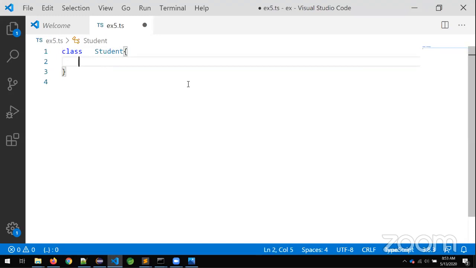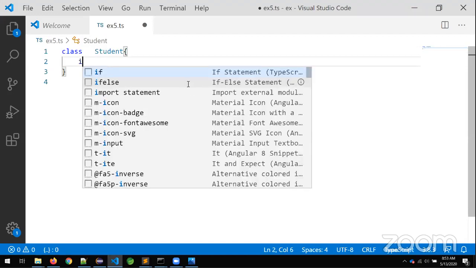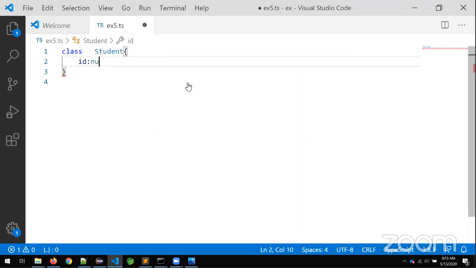So what is the next step, sir? I created the class. What is the purpose of the class, sir? To represent data and logic as a single unit. Okay. What is the next step? I'm creating a variable: id. What is a variable data type? Number. Likewise, I'm creating another one, name. So I provide the structure, as well as an opportunity to initialize.